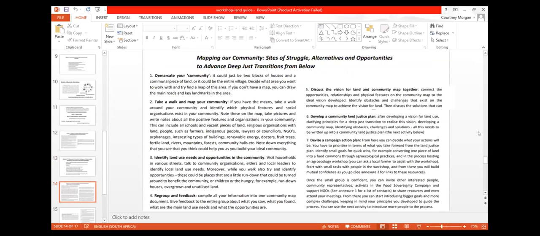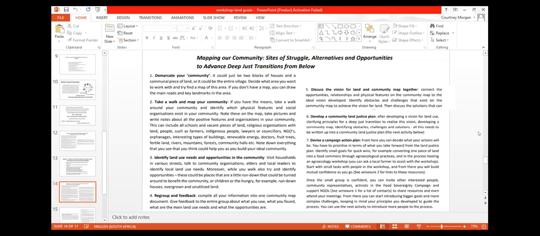once you have done this, once you have a vision of what you want, there are practical things you can do in order to start moving your community forward and not just having these discussions and kind of wishing for something. So the first thing the guide urges you to do is embark on what we call a community mapping exercise. And there are steps outlined in the guide on how